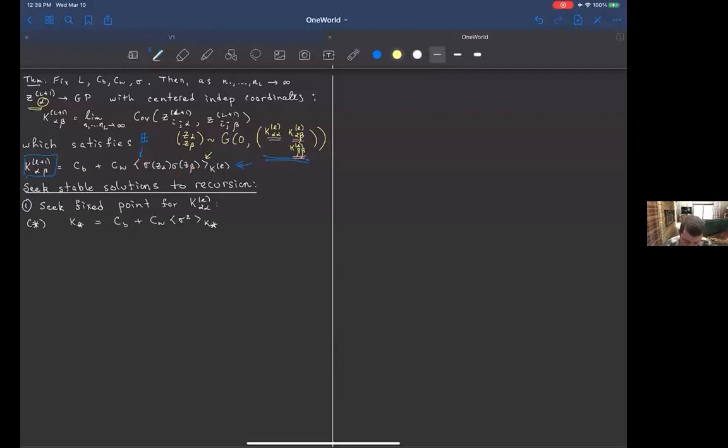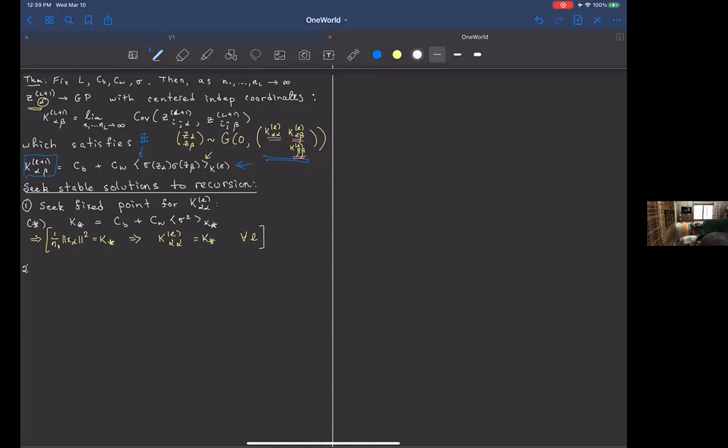So if you find such a fixed point, this means that if at the input the normalized size of your vector was K star, then the covariance, or just the variance in this case, of a neuron in layer L will be equal to K star for all L. So I have a sequence of Gaussian processes, and I would at least like it so that for inputs of a certain norm, the variance of my Gaussian process at that input is independent of L. That's one point of being well-behaved at large L. And then once you've found a fixed point, you do perturbation theory around the fixed point, and you ask it to be a stable fixed point.